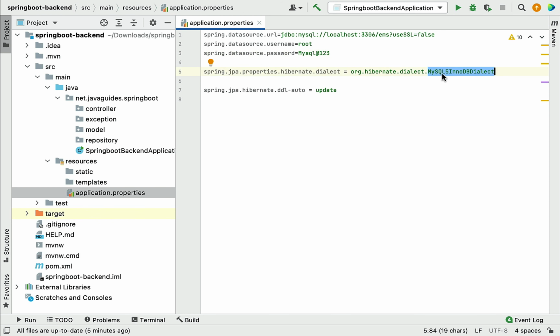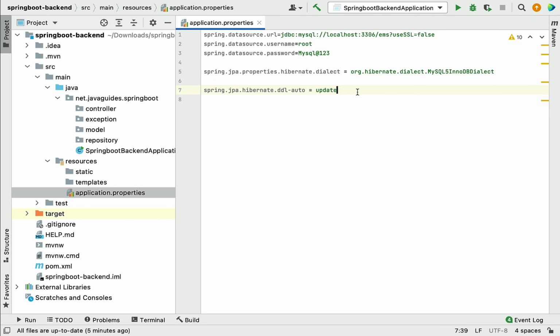In our case we are using the MySQL database, and here we are using the update value for the ddl-auto property because this property is very useful during development, guys. This property will update the existing tables, and if tables do not exist in the database, then it will create fresh tables. So it won't delete the existing tables.